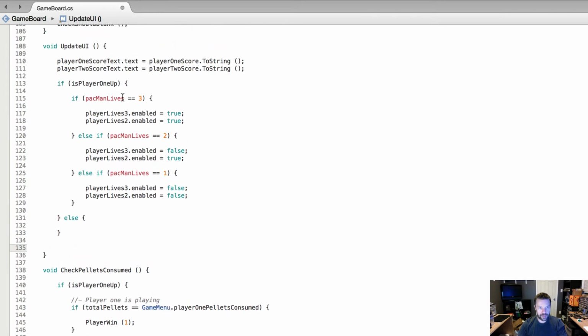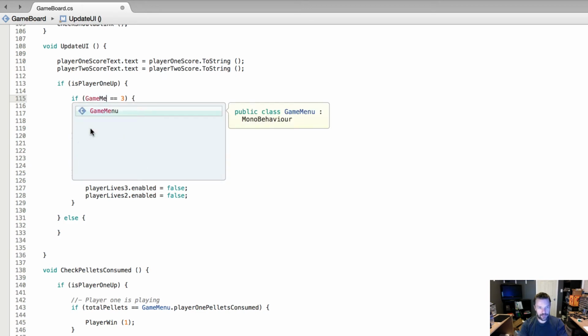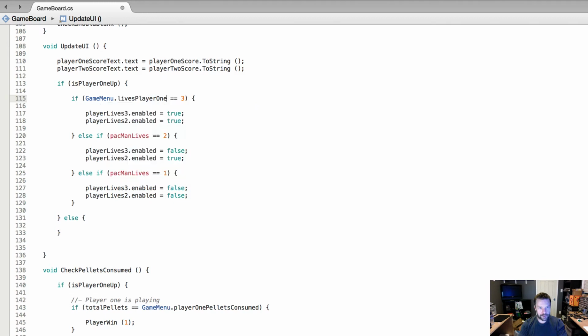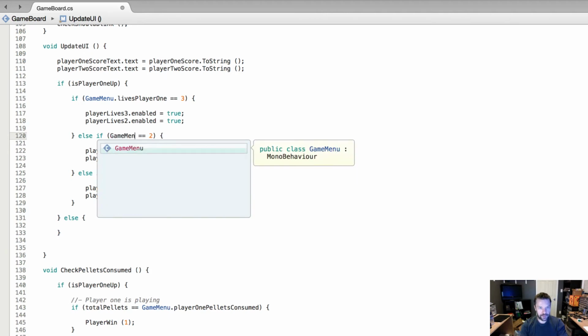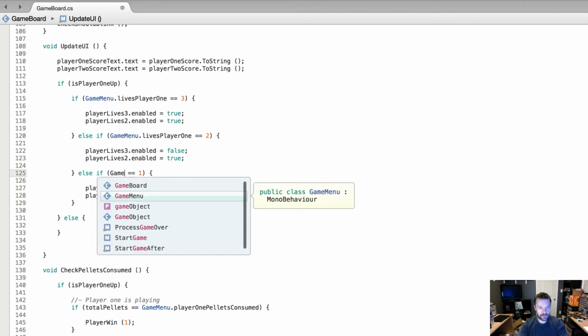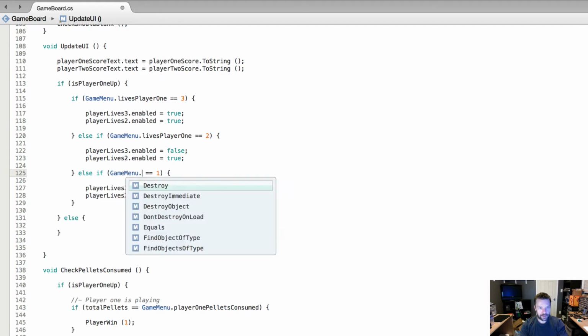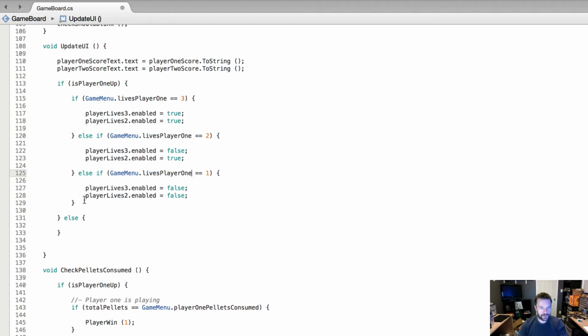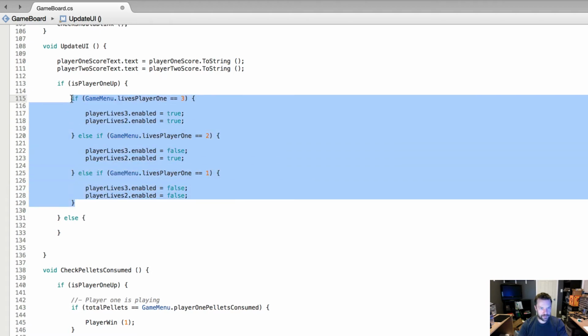So we're just going to change Pac-Man lives to game menu dot lives player 1. Same thing here. Pac-Man lives is going to be game menu dot lives player 1, and this one too. Pac-Man lives is going to be game menu lives player 1. Okay, and then we're going to copy all of that,